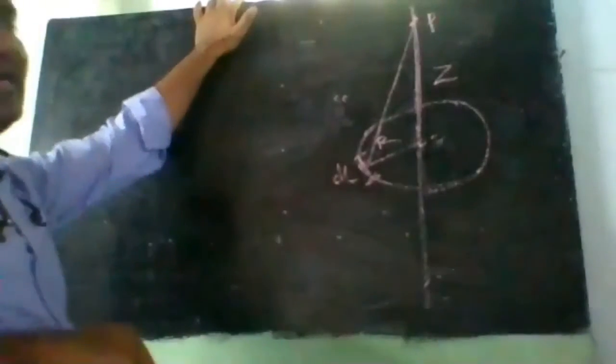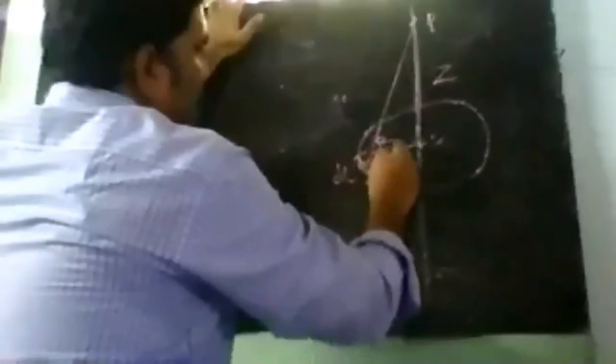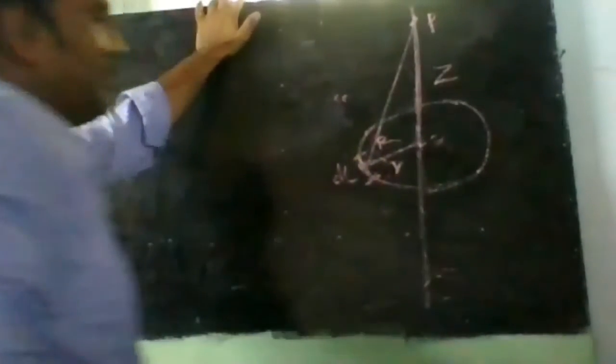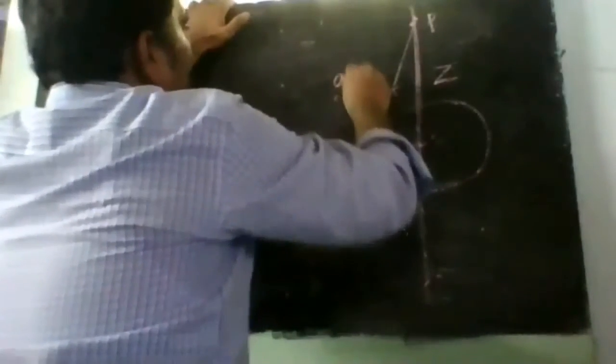Next is, if the point is not present here, but instead present anywhere on the central axis, on the axis passing through the center. Let us assume the point P is present here. It is present at a height of z from the center along the z axis, and this is the radius, let us say small r now. Capital R is this. AR bar is along this particular line.